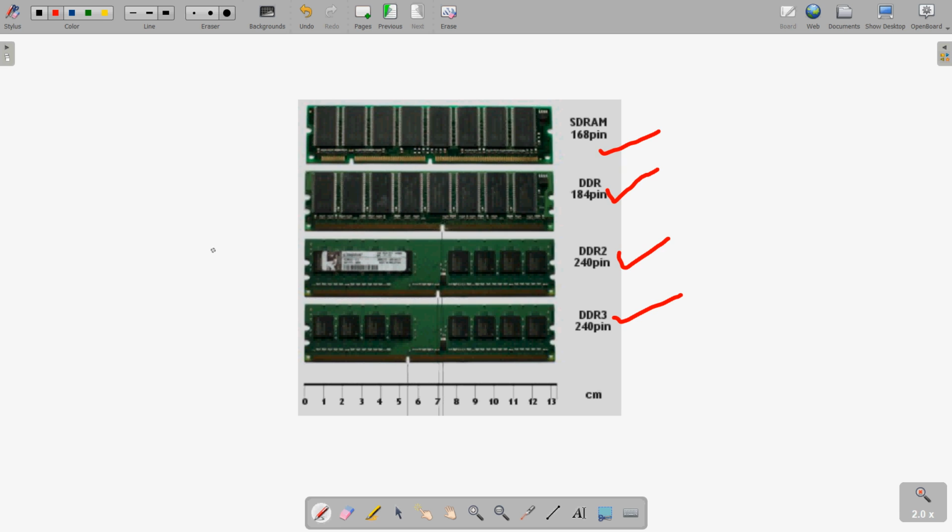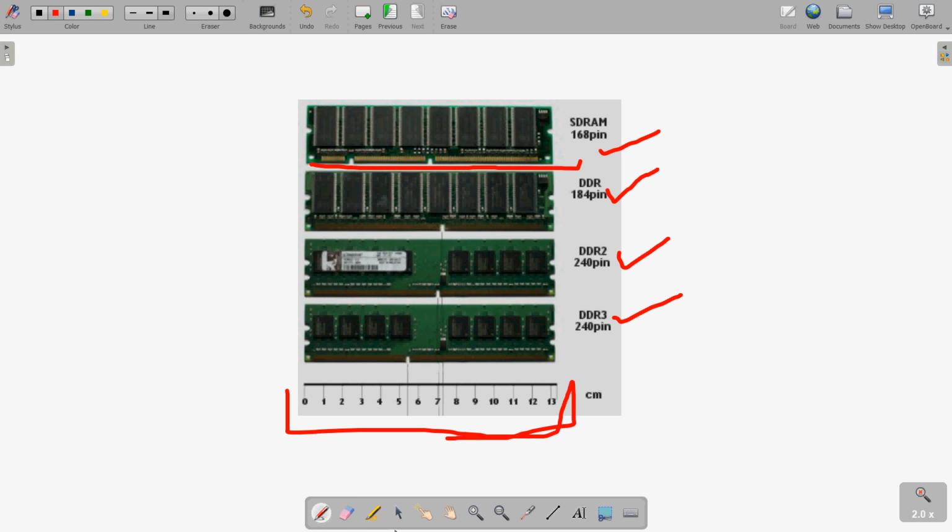And the pins, as you can see, the number of pins at the bottom of these, so this area, these are the pins. Clear? As you can see, the number of pins is counted by counting the different circuits at the corner of these, or on the edges of these RAM circuits. Clear? So this way we have covered the important variations of the dynamic RAM. Clear? I hope this is clear.